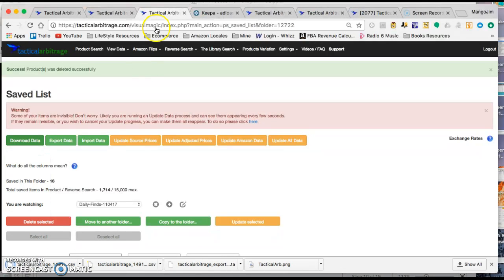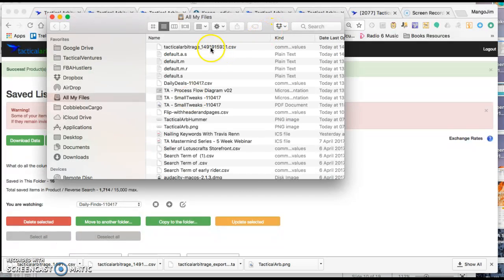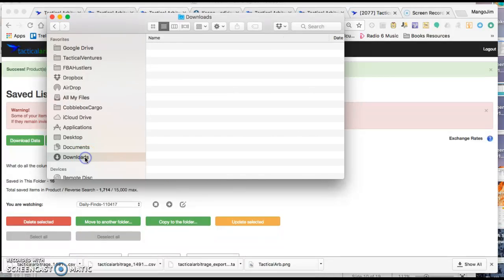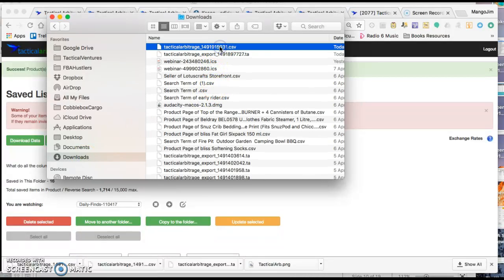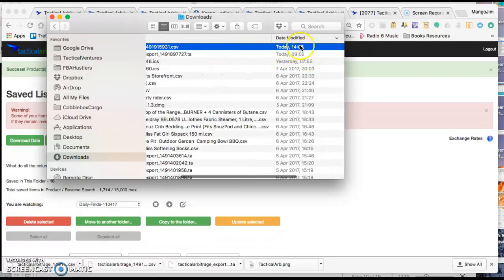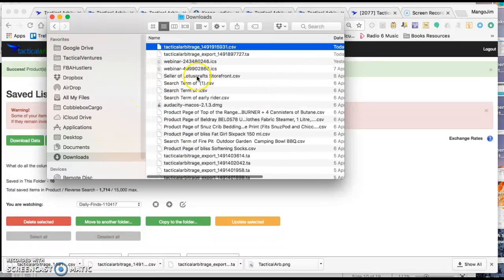Download the data gives me a nice CSV. I will go through to my Finder and look at this. So I'll go to downloads. Here we go. Check the time. Right, so I know that's me. I can see the time on my PC. So I am going to call this